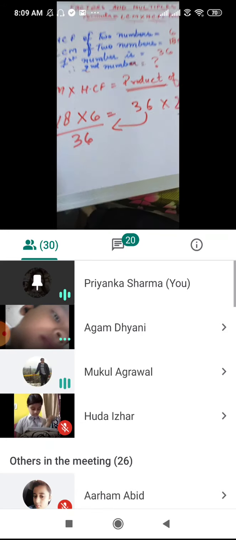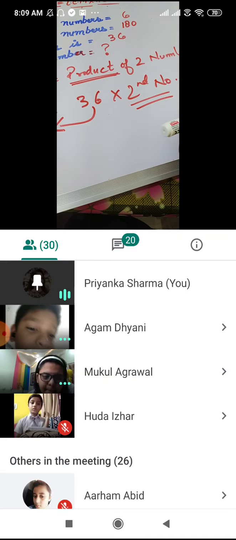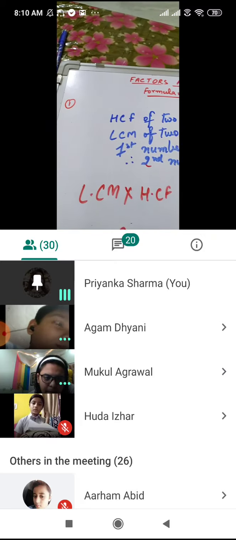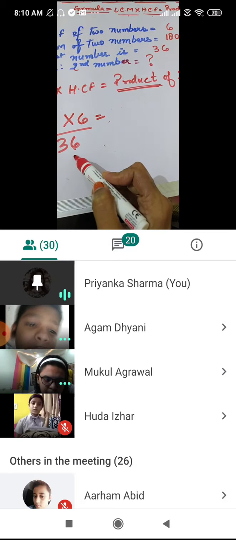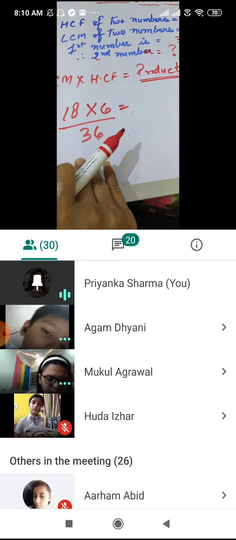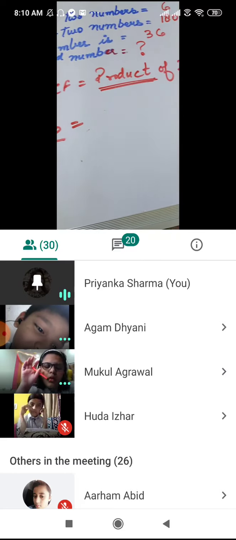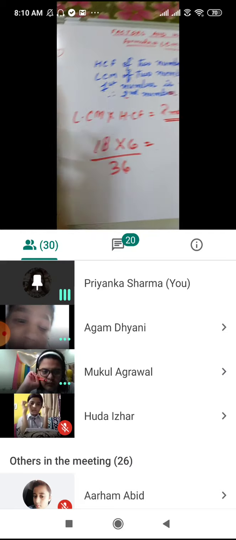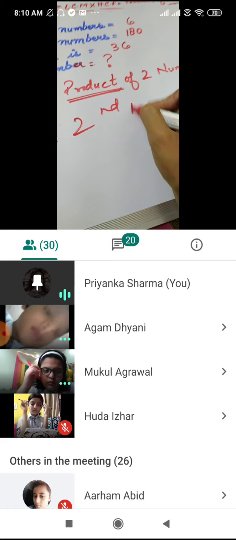How does the first number come in the denominator? We write the whole formula and accordingly we work it. But no need to show this step. You can write it directly as we have done in the previous questions. I have shown you just to explain how the number comes in the denominator. There is a reason. We write the formula, then to find the second number, we bring the first number below the HCF and LCM. So now we are going to write it is equal to second number.